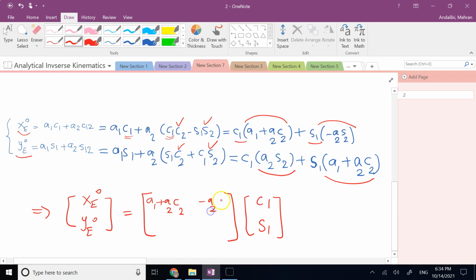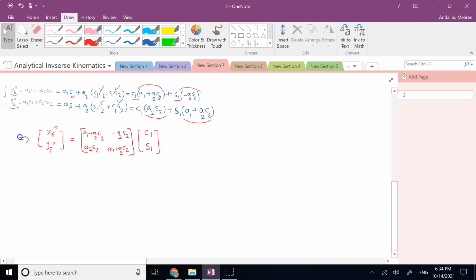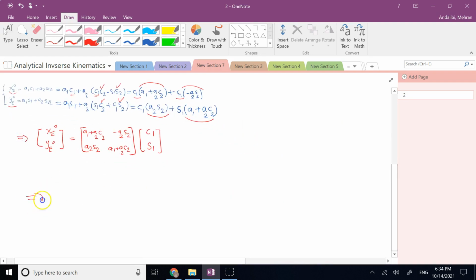And this coefficient matrix is A1 plus A2 C2, negative A2 S2, positive A2 S2, and again A1 plus A2 C2. If you do that, then if you call this matrix A, and call this side B, then C1 and S1 are clearly A inverse times B, right? And to do that, we need to,